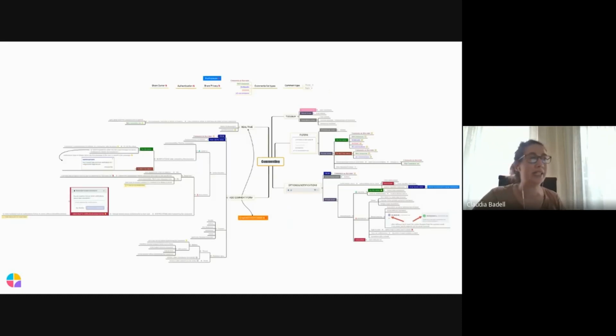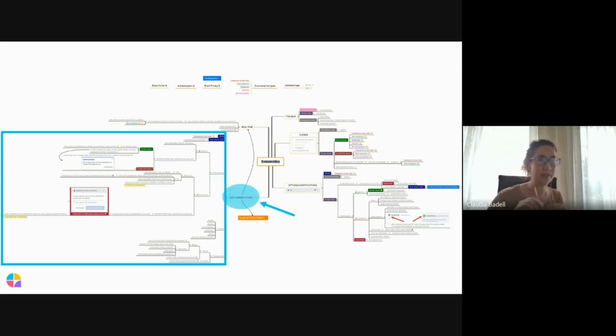Here we can see the full mind map for the example that we have just seen. I am not expecting that you can see its detail. I just want to show you its size and structure. The highlighted area corresponds to the test ideas and variables that we may consider when testing the comment form. Other colors that you can see here in the mind map have semantics, but we are not going to see them because of time restrictions.